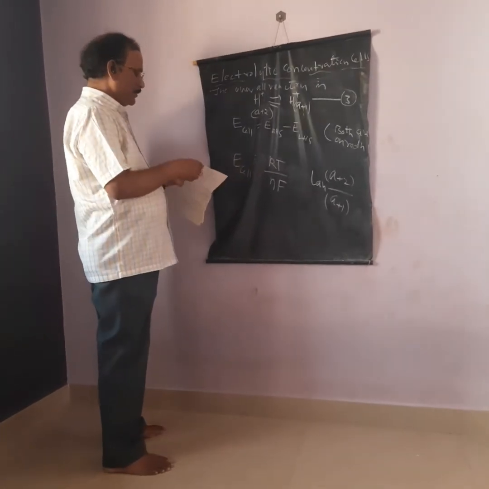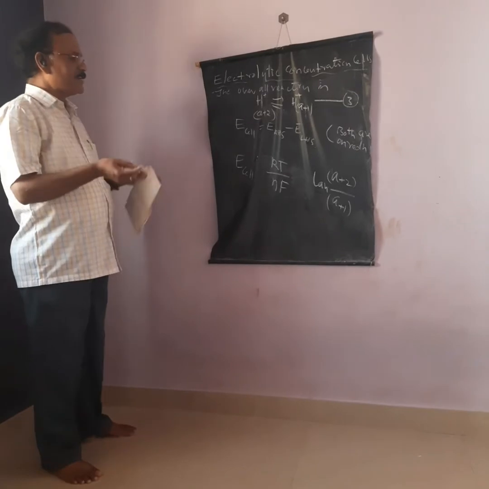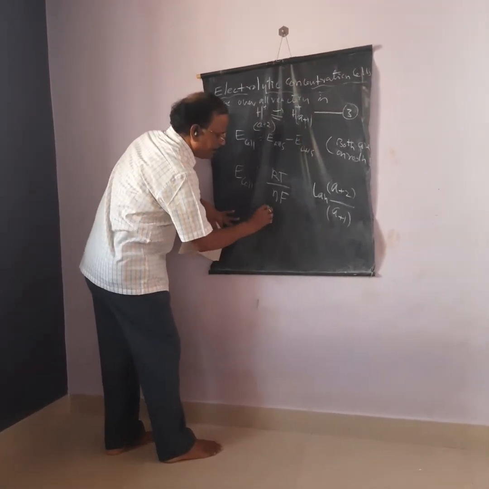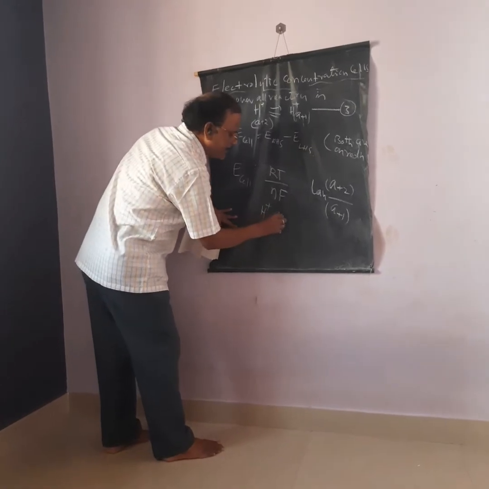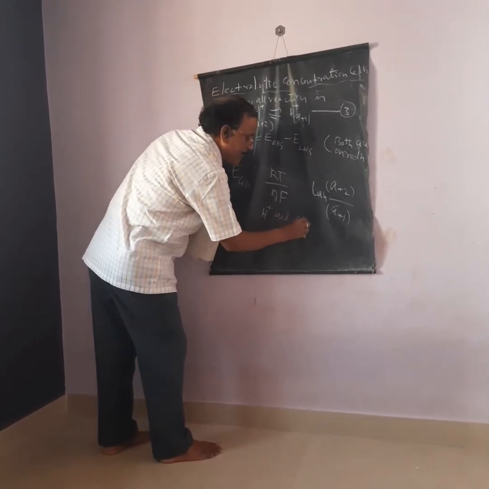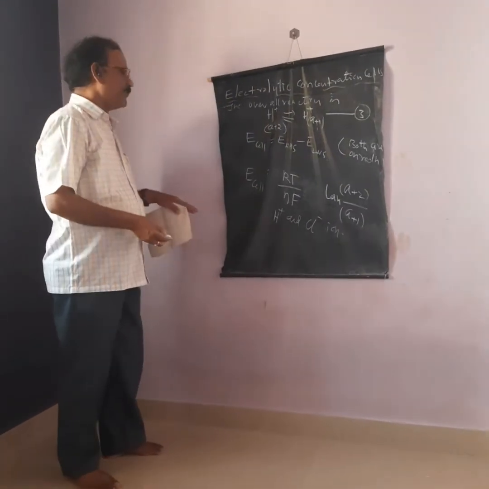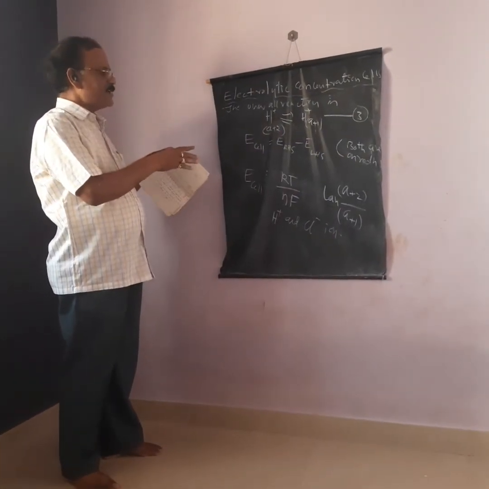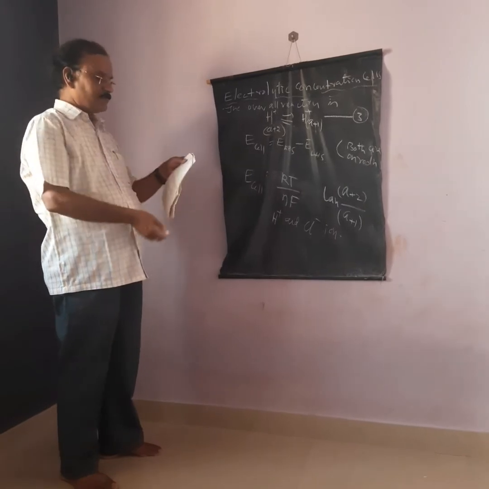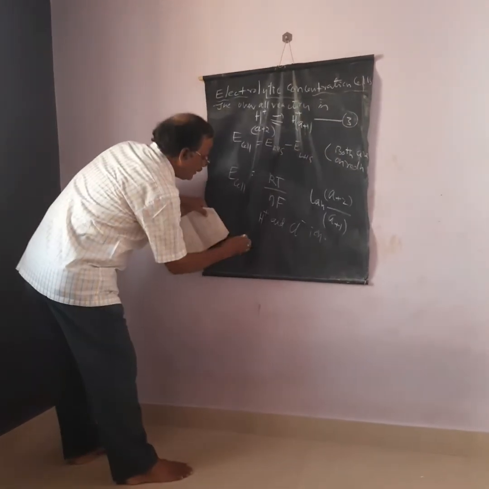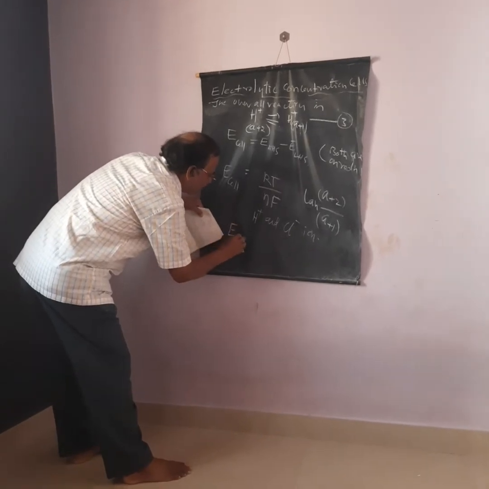If I take that there is a transfer of not only H plus ion, but also a transfer of Cl minus ion taking place in this electrode. So you can take the hydrogen ion as the HCl concentration. Then I can write this equation as: EMF of this cell is equal to